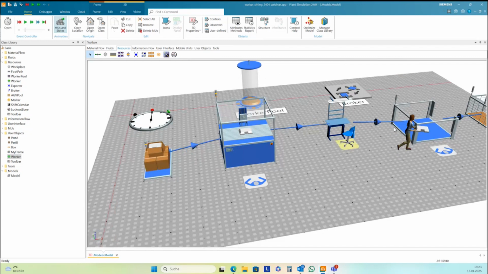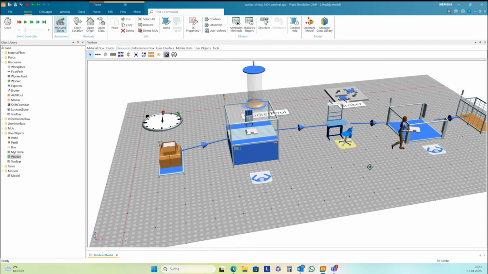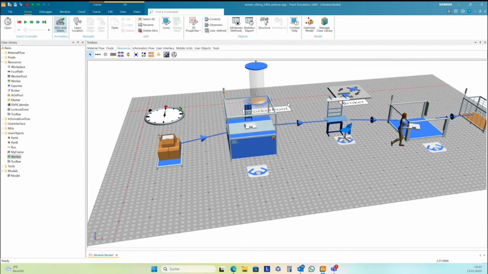Not necessary anymore in 2404, but if you have another, older version, then you need to hide this graphic group. Otherwise, it transports this graphic group while it's working.